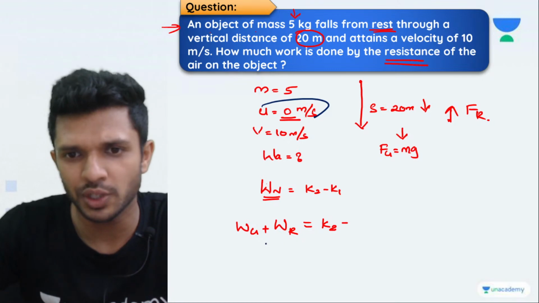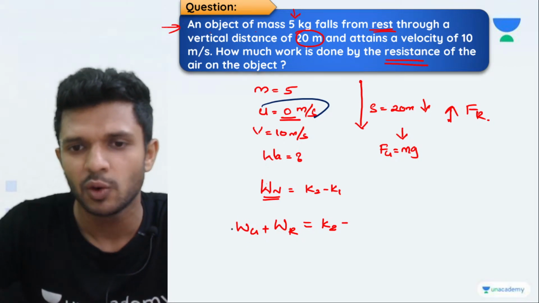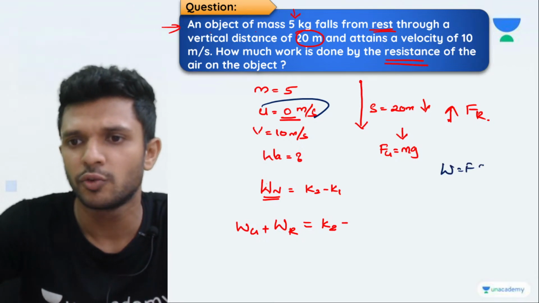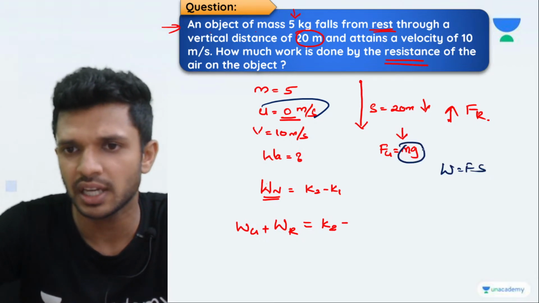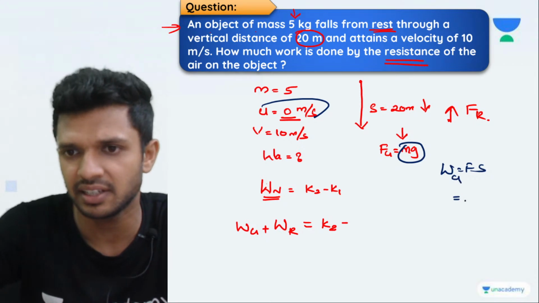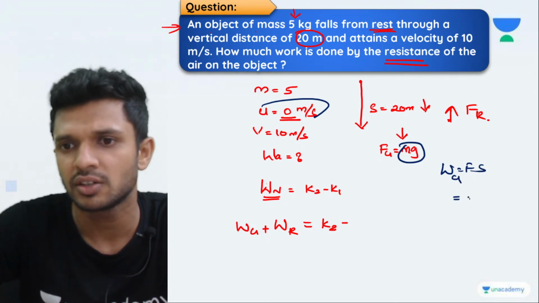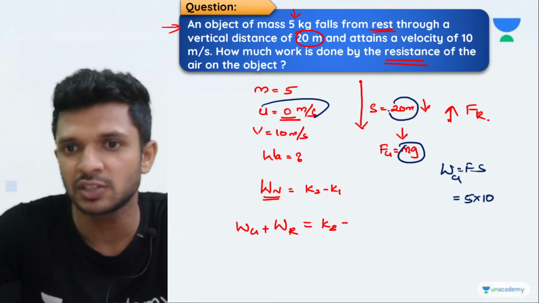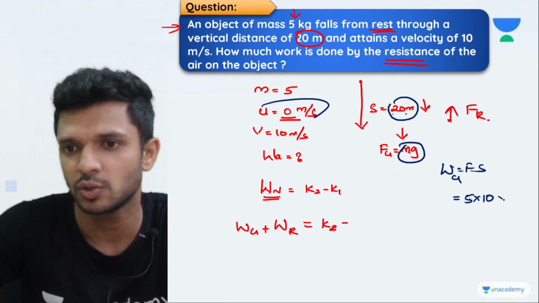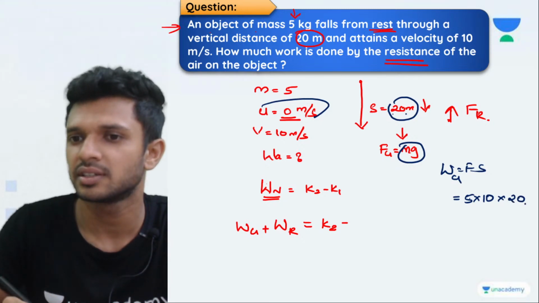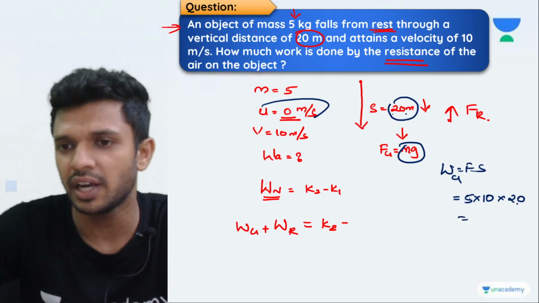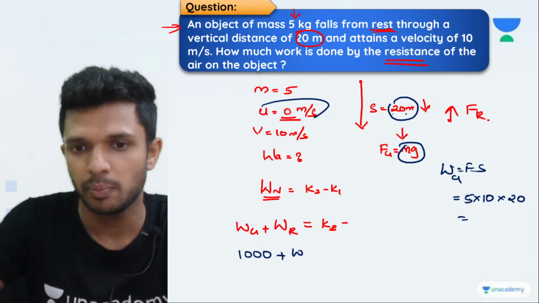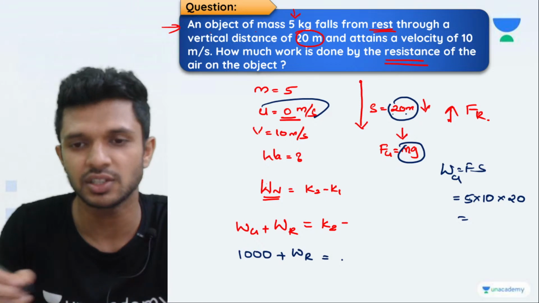Okay, so let us start substituting. Work done by gravity. Work is force into displacement. What is the force? mg. Work done by gravity is equal to, force is mg, 5 into 10, and the displacement through which it is falling is 20 meters, so multiplied by 20. So 5 twos are 10, and 1000. This will be 1000 plus work done by resistive is equal to